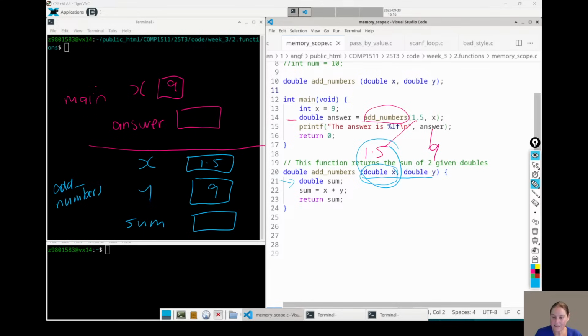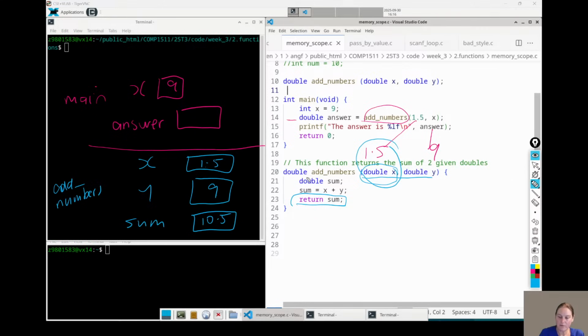Now, inside this function, what's happening? Well, we're just saying sum equals x plus y. So sum's going to be 1.5 plus 9, and we're going to get 10.5. Then this really important line of code at the end is saying return this value that's in this variable.